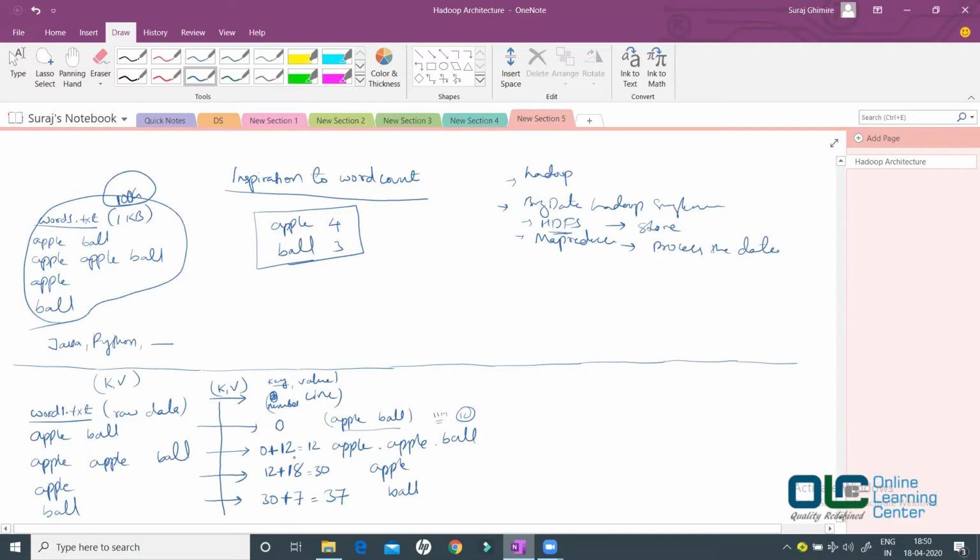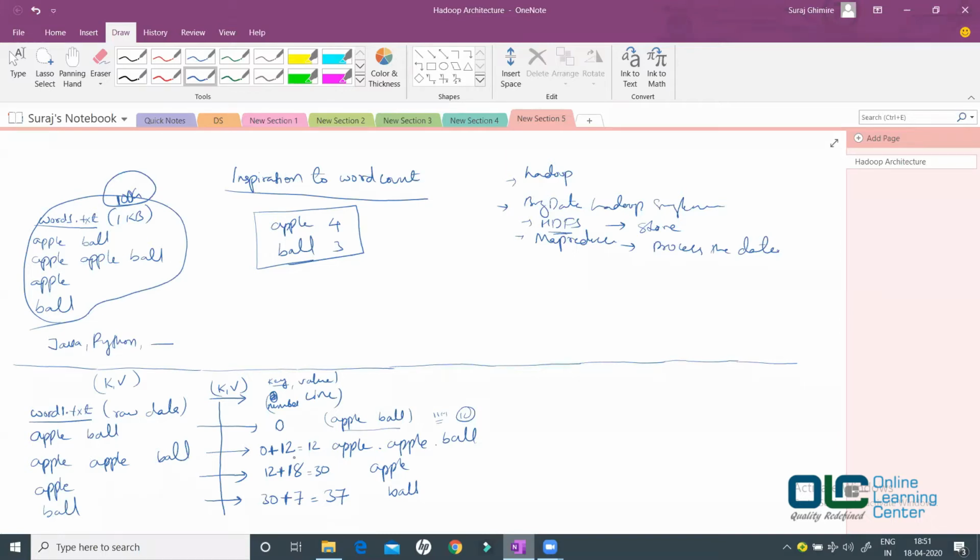So you are processing raw data, word1.txt. Word1.txt contains all these lines, and each line will be converted into a key and value pair, where the keys are all numbers and they are all incremented. The numbers are not random magic numbers.